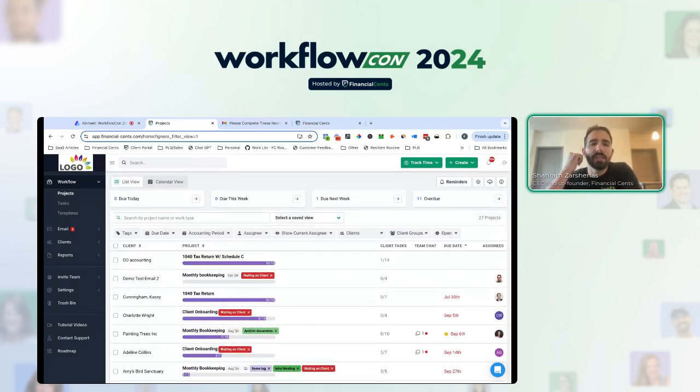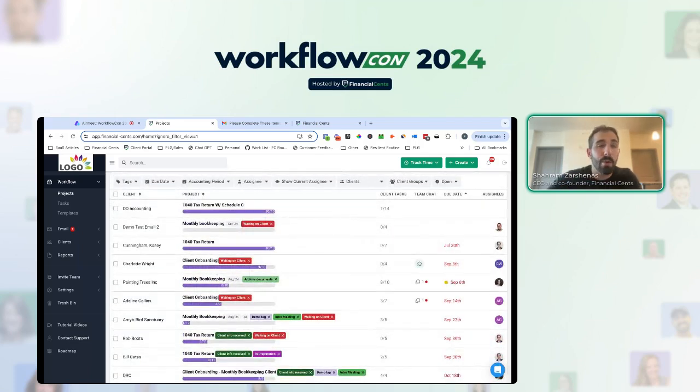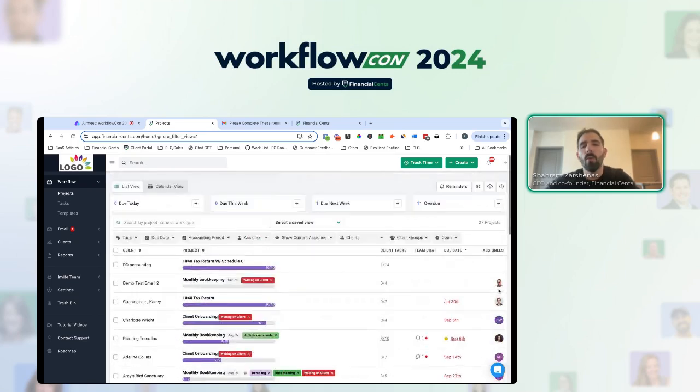This is where you can see who's working on what, the status of work, when everything is due, and ensure nothing is slipping through the cracks, right? So I can see all the work going on across the firm. I can see my work, my team members' work. I can see the status of everything, the progress, when it is due, what is done, whose desk it is on. So you always know where everything stands.